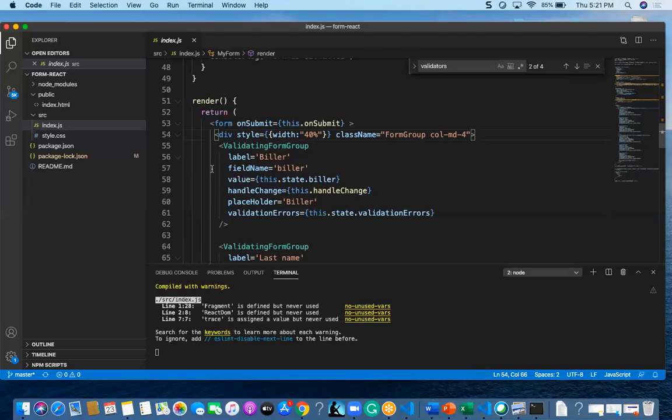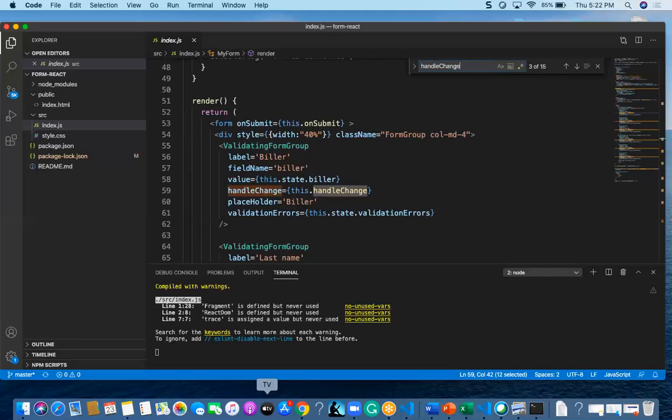Among that I am going to have a ValidatingFormGroup. This ValidatingFormGroup is again a component. For this component, I am going to send the label, field name, value, and handleChange. If somebody is entering something over there, that should be handled, meaning it should not be some space or something.